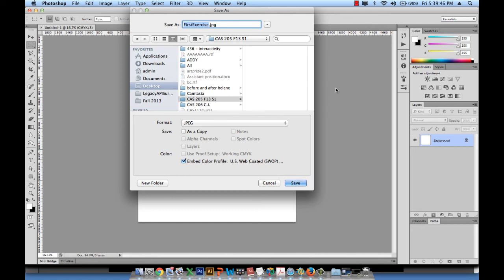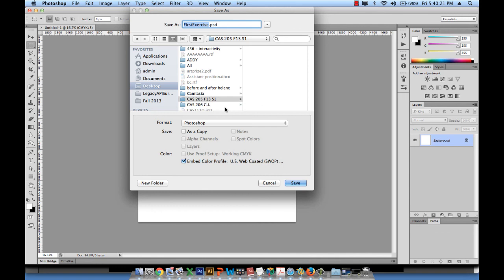So this is a very important thing to pay attention to, because later on, let's say you have a layer of a background of a lake, and then in the foreground you have another layer of an eagle flying, and if you save your file as a JPEG and in the future you wish to open it to make changes to the eagle, you can't, because the eagle's layer is stuck to that of the lake. So just make sure if you need to preserve your layers for some purpose in the future,